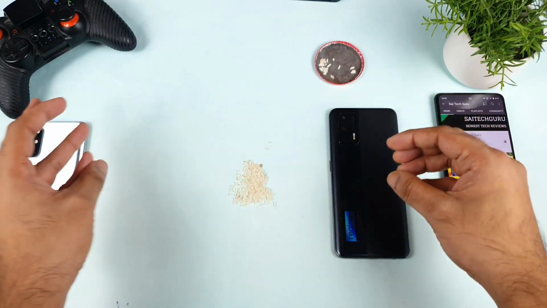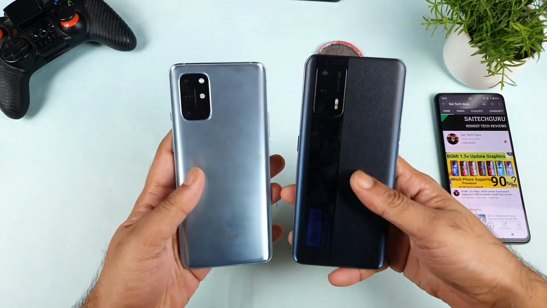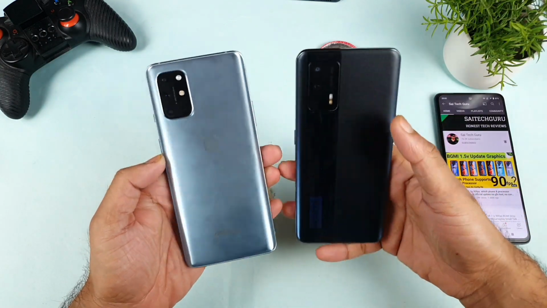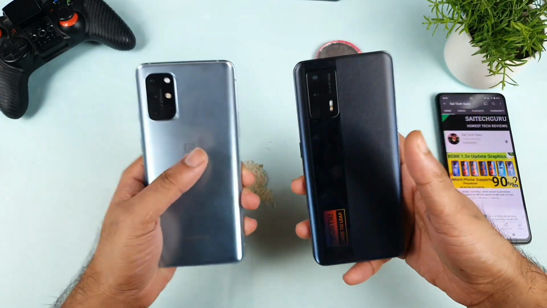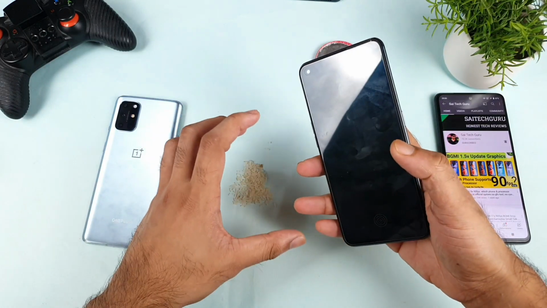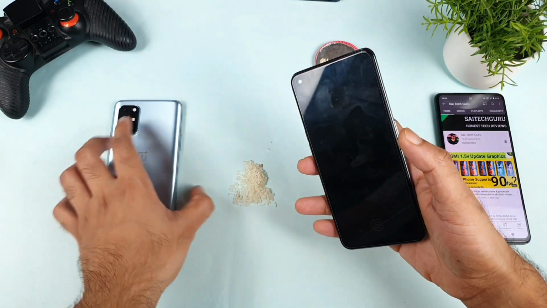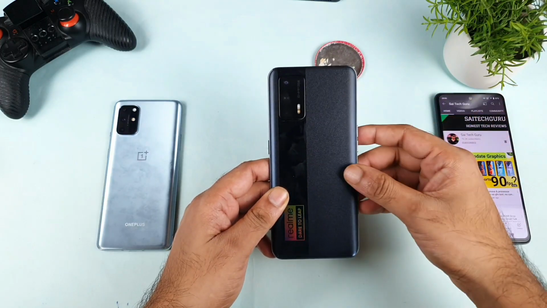As a disclaimer, I'm trying to inform you that this is a quick vibration test. Only in this way we'll be able to find out which phone has what type of vibrations on the back side. Some people it may not bother, but for some users it will definitely be irritating. Whenever you increase the volume above 70%, only then will you experience this kind of vibration on the back side of the Realme X1 Max device.